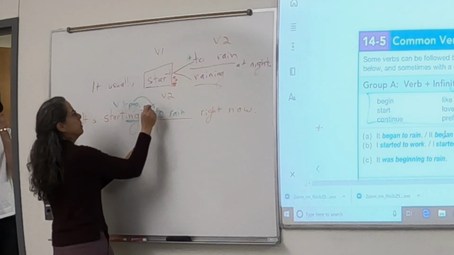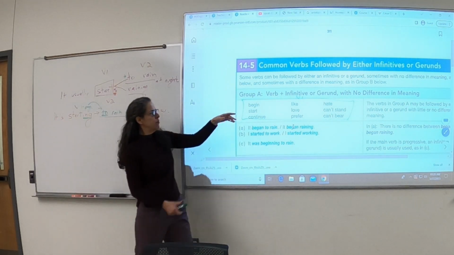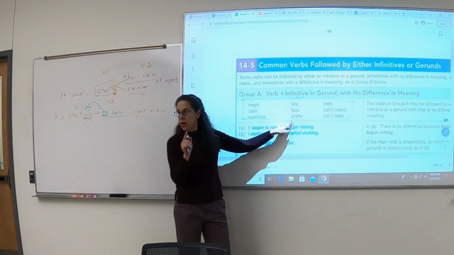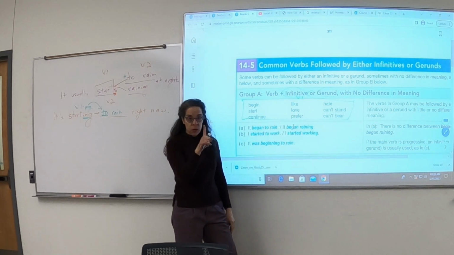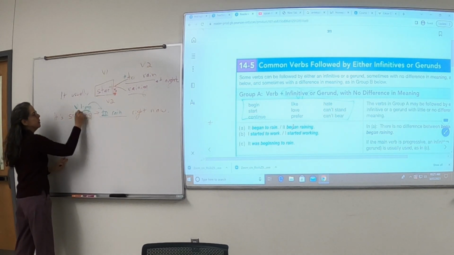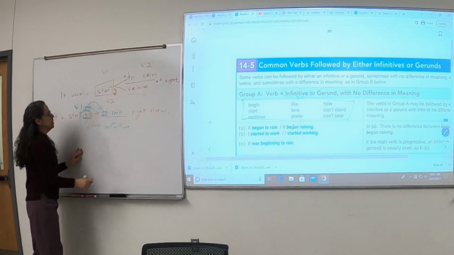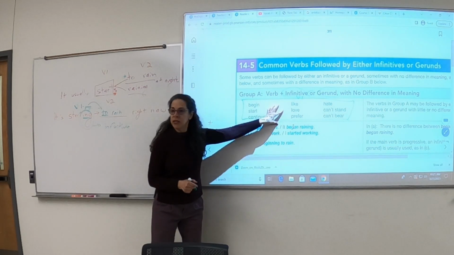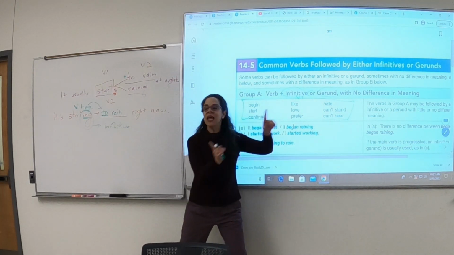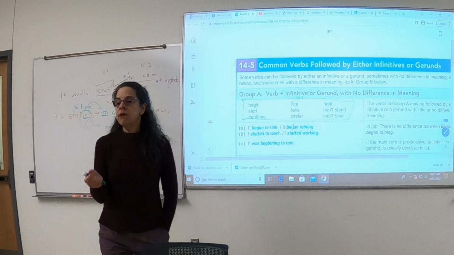Okay, so verb number one, if it's in the progressive and it's from this group where you have the choice of infinitive or gerund. Normally you do have the choice. You don't have the choice when the first verb has an ing. If this is ing, then you're going to go to infinitive. So this is only for these verbs when they have ing. The next verb after must be infinitive, if I have a choice. If you do not have a choice,